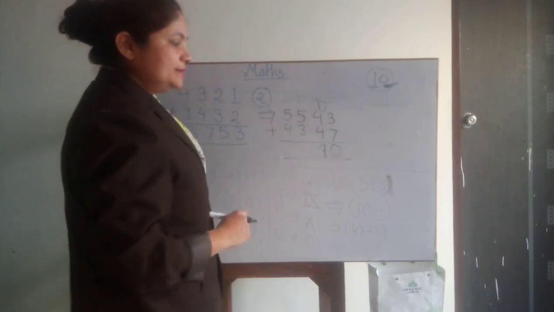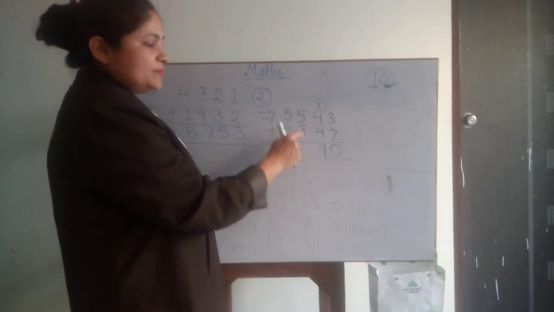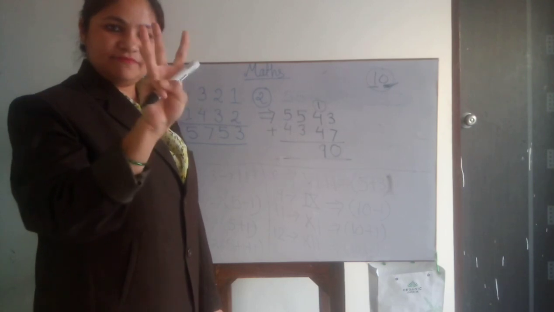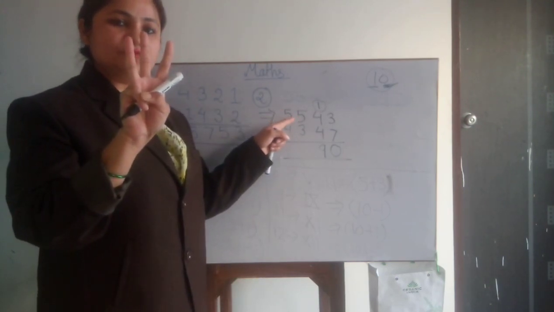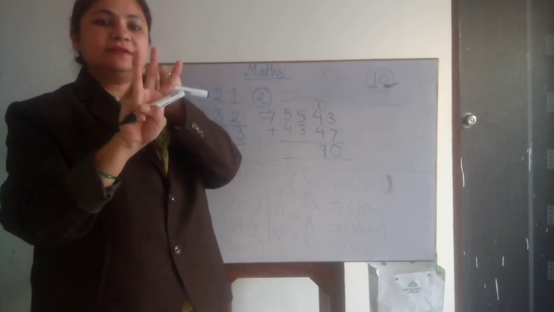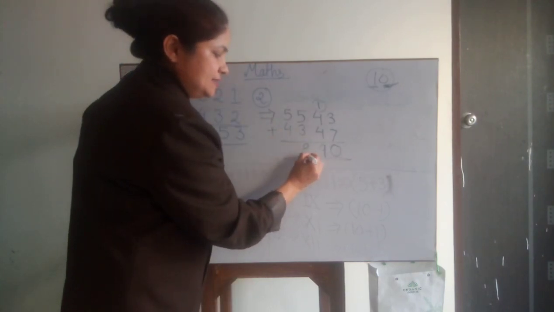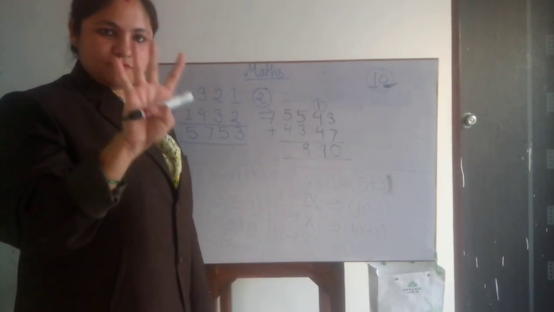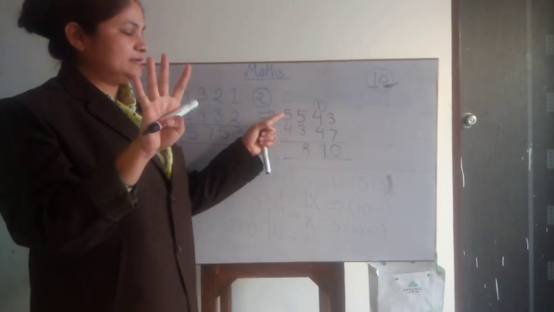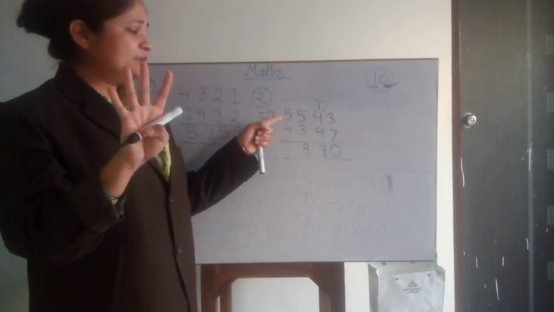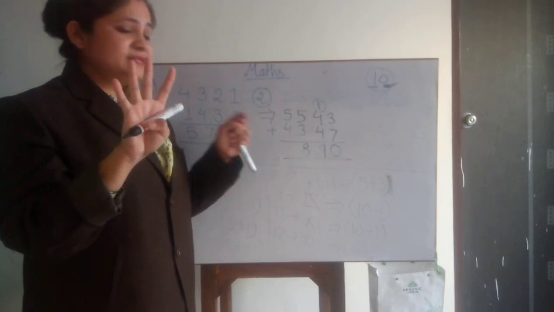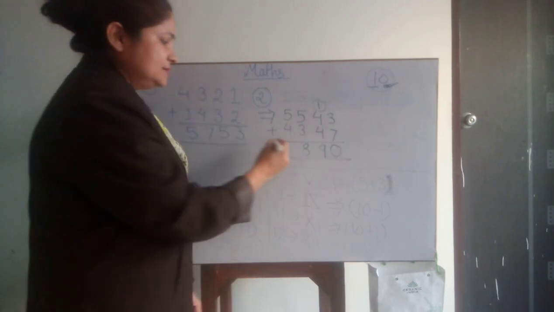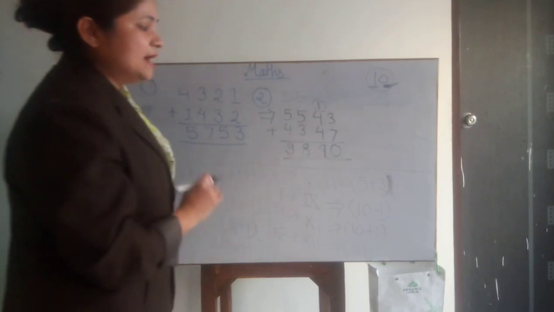I hope all of you are getting it. Okay. Now, further, no more carry over. So 5 plus 3. It is 3, so these are my 3 fingers. Right after 5 I will start to count: 6, 7, 8. So it will be 8. Now again it is 5 plus 4. So it is 4, these are my 4 fingers. Right after 5, you have to add 4. So we will start: 6, 7, 8, 9. Got it? So this will be the answer.